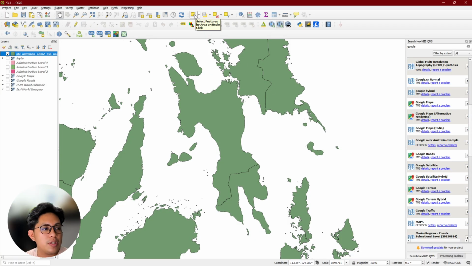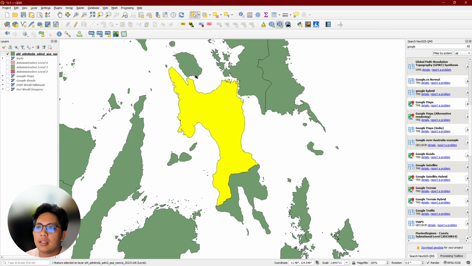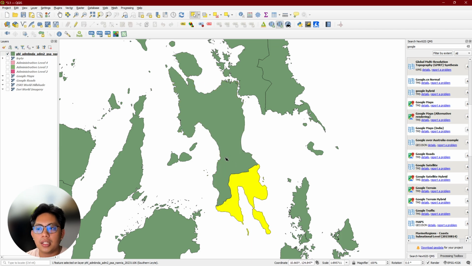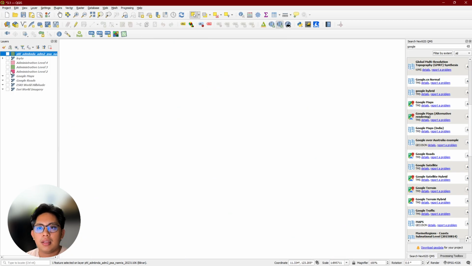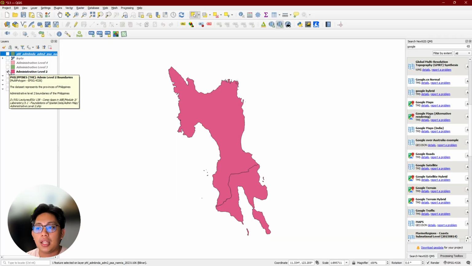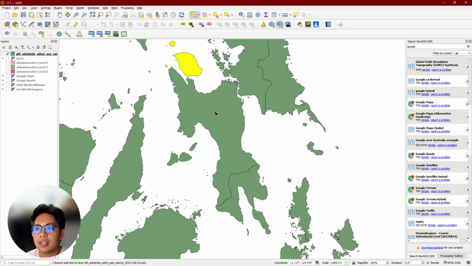Select features by area using click. And you'll know that it has selected features because it will turn yellow. So in this case, if I say Leyte and Southern Leyte only, it's this one and this one.